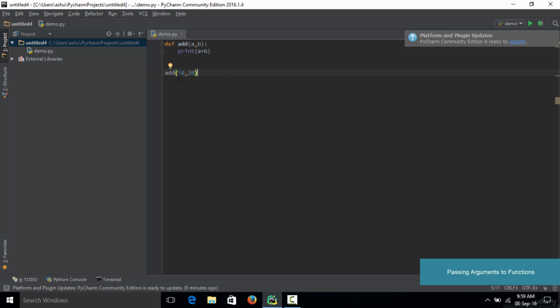What happens in this case is that this is the function call to the add function, and we have passed in two parameters, that is 10 and 20, to this function right here. So it is going to call this function and pass these values 10 and 20 to a and b respectively. Now a becomes equal to 10 and b becomes equal to 20. So what this essentially does is print out the result as 10 plus 20, which comes out